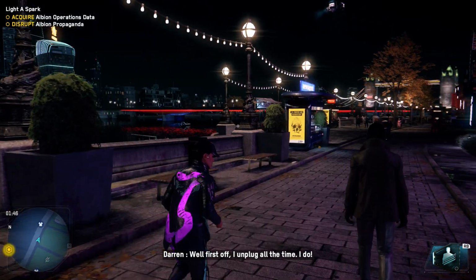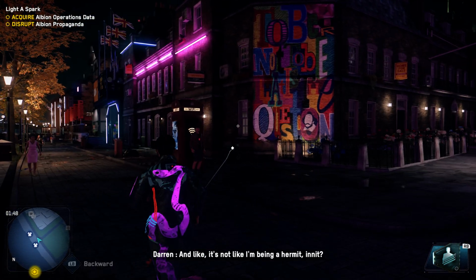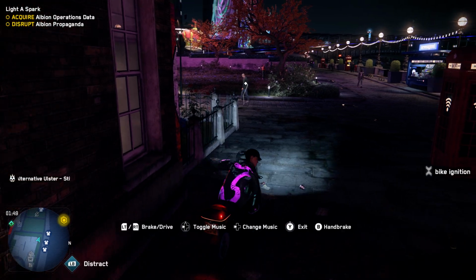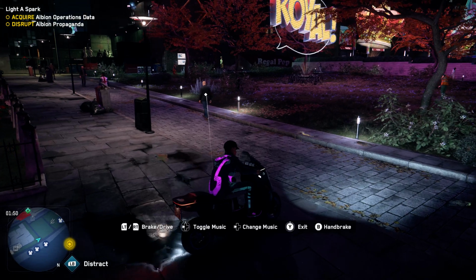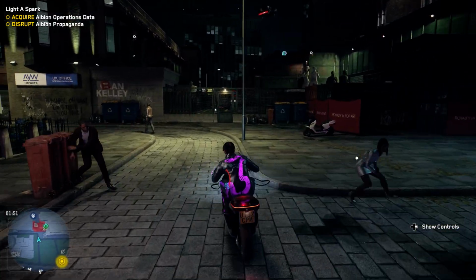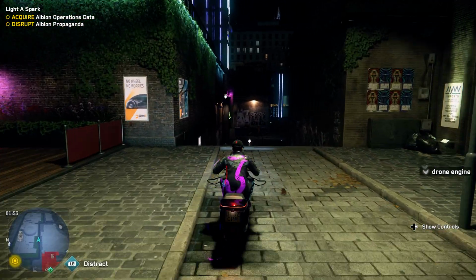30 FPS, real-time ray tracing, very high settings on the textures, and of course, I'm using the ultra real-time ray tracing here, and playing this on the ultra real-time ray tracing really looks amazing. But the trade-off is the 30 FPS. It doesn't bother me honestly that much because